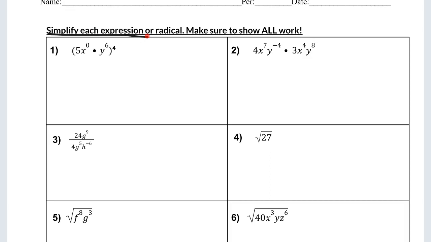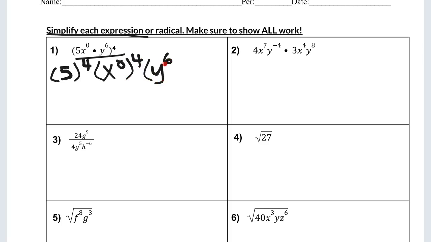In the first question, we have power to power. So 5 to the 4th power, x to the 0 to the 4th power, followed by y to the 6 to the 4th power. Following along with our power to power rules, we would then raise each base to the 4th power. 5 to the 4th,